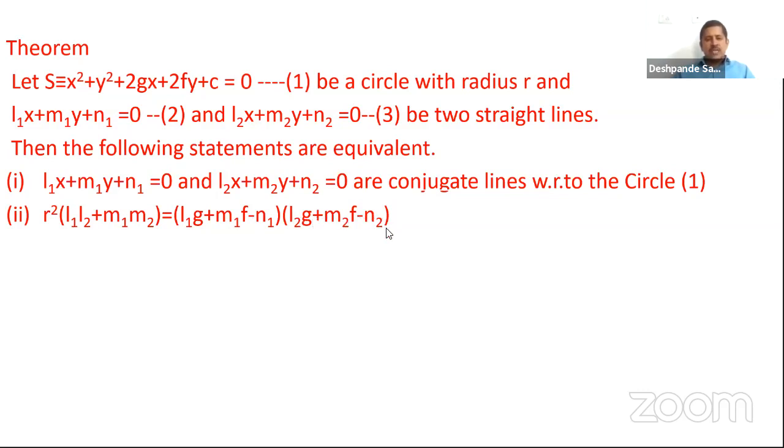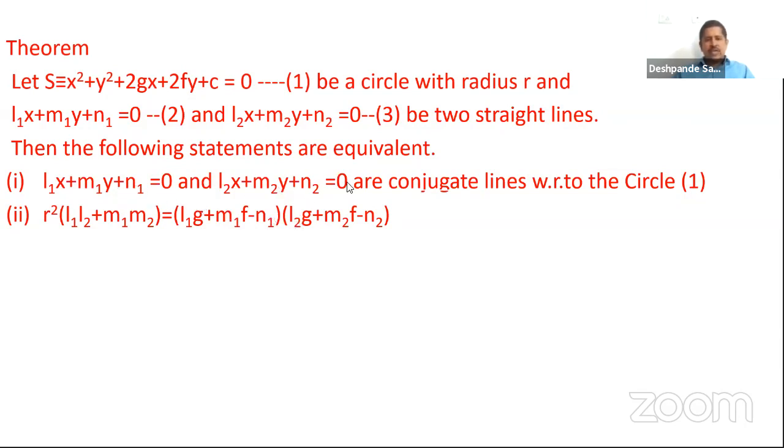Now the theorem says that once this condition is satisfied, if you take the statement 1, we can prove the statement 2. And if you take the statement 2, you can prove the statement 1. So statement 1 and statement 2 are one and the same. So we need not prove this result here, we just take it as a result. Okay, so you can say that these two statements are one and the same.